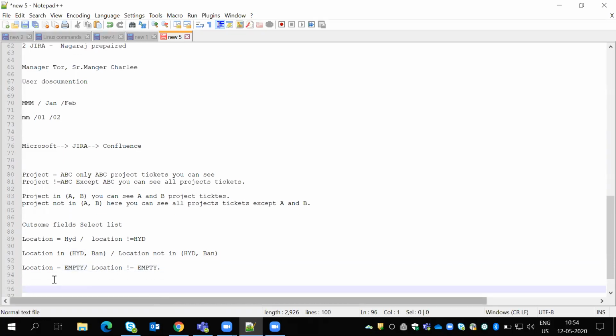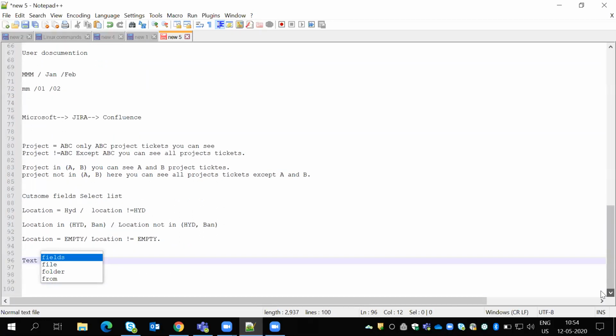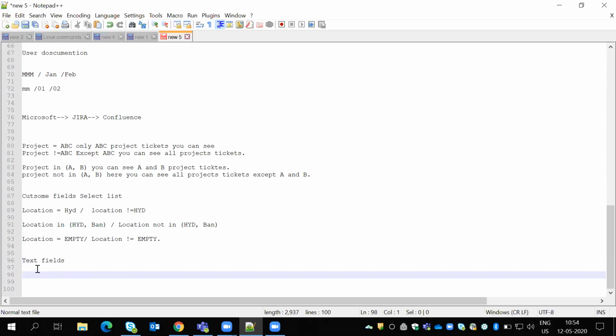But when you come to text fields, if you want to capture with some name, the name should be the text field.